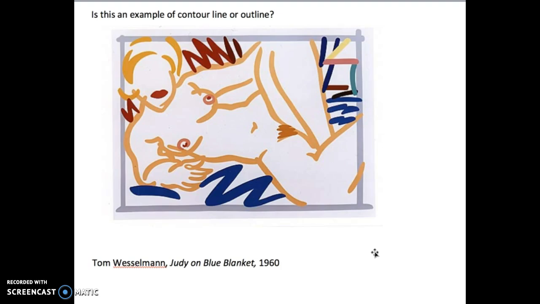So if we're looking at Tom Wesselmann's Judy on Blue Blanket, we can see that this is mostly outline. But we do have a few contour lines here, right? This kind of contours of the figure's breasts. So outlines and contour lines can work together,